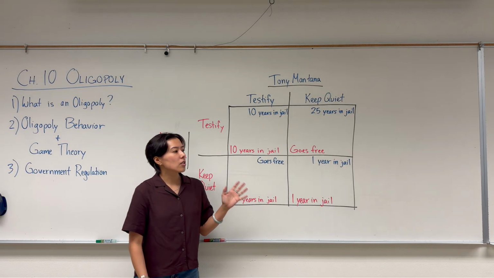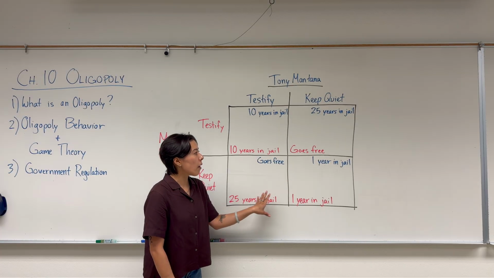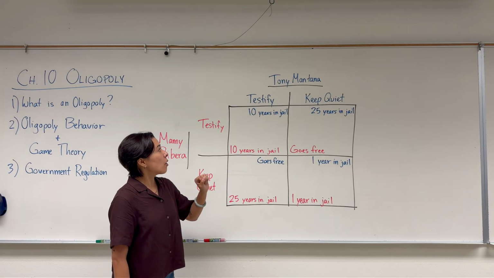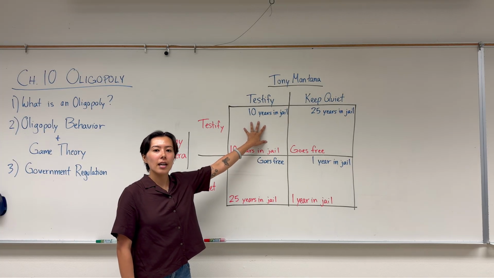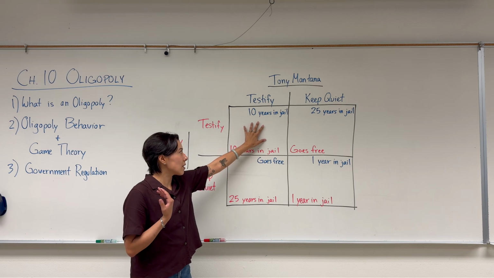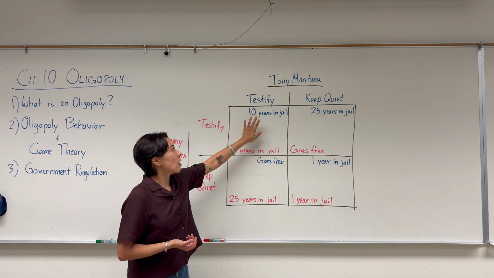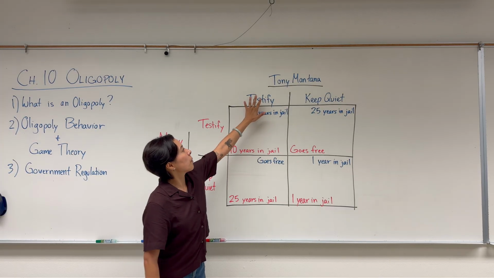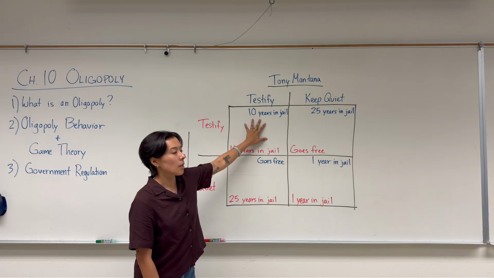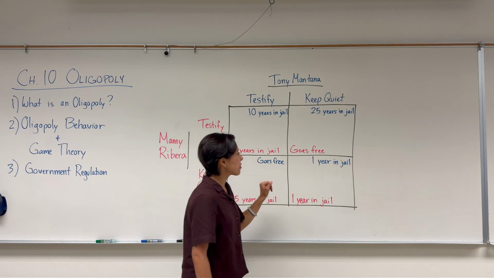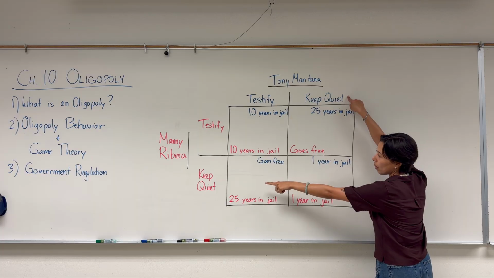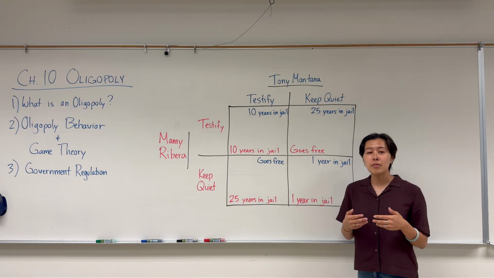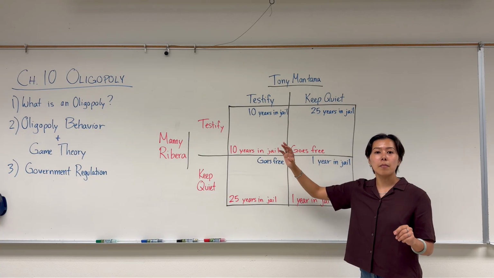So, based on these two different strategies, we end up with four possible outcomes or four possible payoffs in this game. If Tony and Manny both choose to testify, then the payoff in this game is that they'll each spend 10 years in jail. Tony's payoffs are written in blue, and Manny's payoffs are written in red. So if both of our players choose to testify, we'll end up here. If both Tony and Manny choose to keep quiet, then they'll each only spend 1 year in jail. The police can convict them of some minor crime, but they can't convict them of the big job.